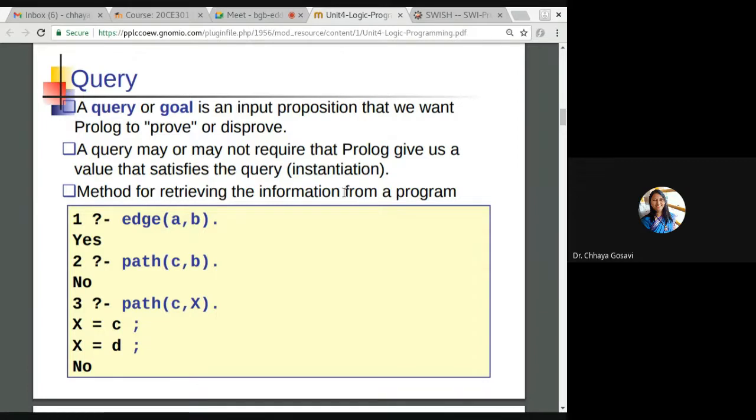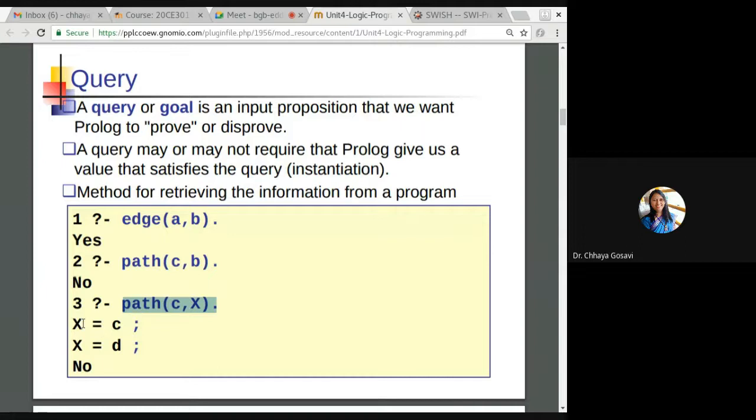A query is a method for retrieving information from a Prolog program. If you have a data set of mobile numbers and names, and you want the mobile number of a particular friend, that is a query. For example, edge A, B. In our example, there is an edge from A to B, so it will return true. Path C, B: no. There is no path from C to B. Path C to X: is there a path from C to X?